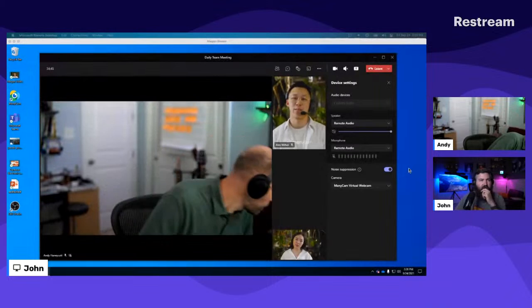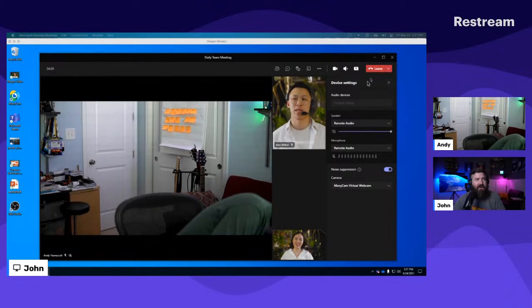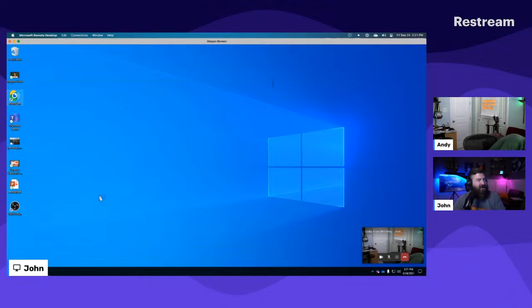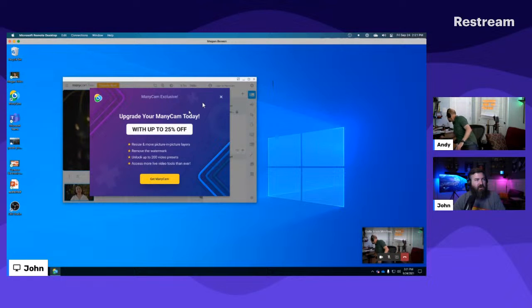Did you want to talk about some of the other webcam software that we can use? Yeah, sure. I can show ManyCam. One of the pieces of software that I'm using for my home lab right now is ManyCam, and it's one of the cheapest options out there. It does cost money if you want to remove the watermark, but you can download it for free and just keep the ManyCam watermark on there. Today it's 25% off apparently to remove that watermark.